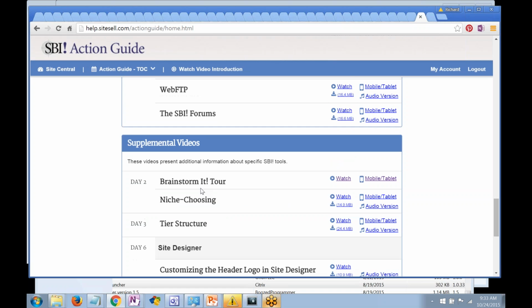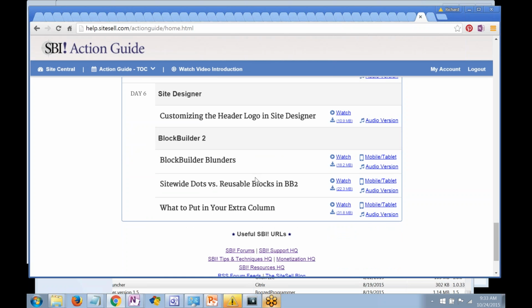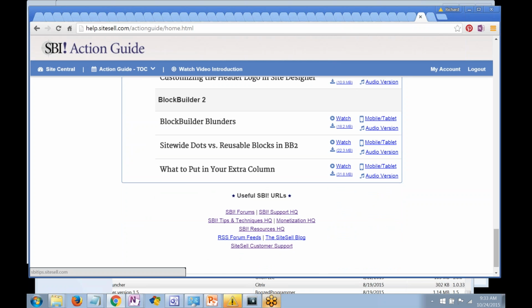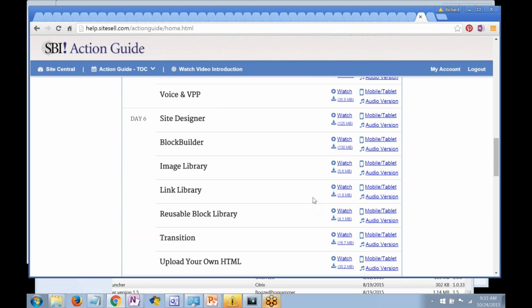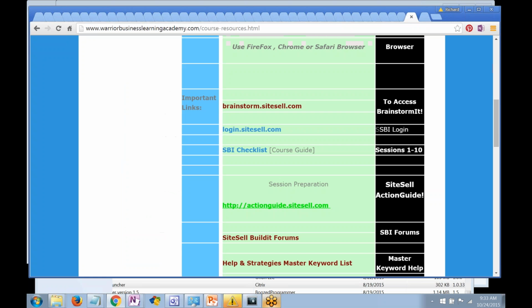Here's your brainstorm tour down over here, an additional resource for information on the brainstorm tool itself. And there are some other URLs you can go to, which we also have on the links page, the resource page. Close that, and we go back to this checklist here.